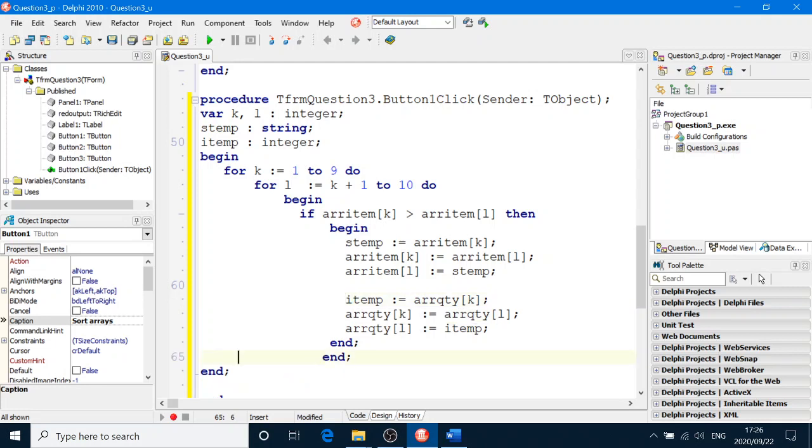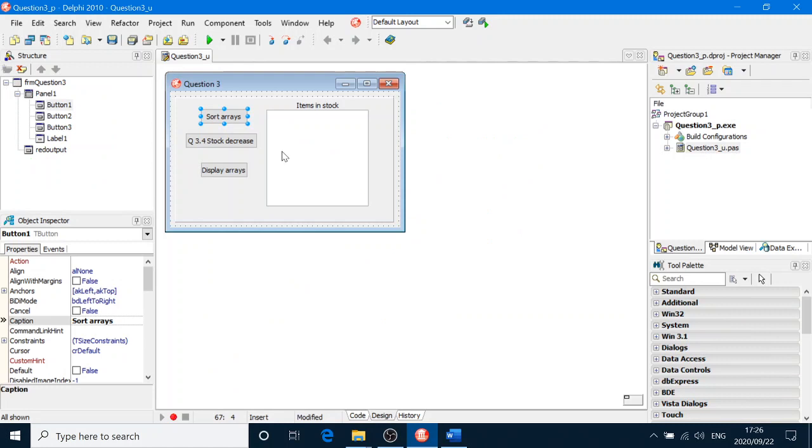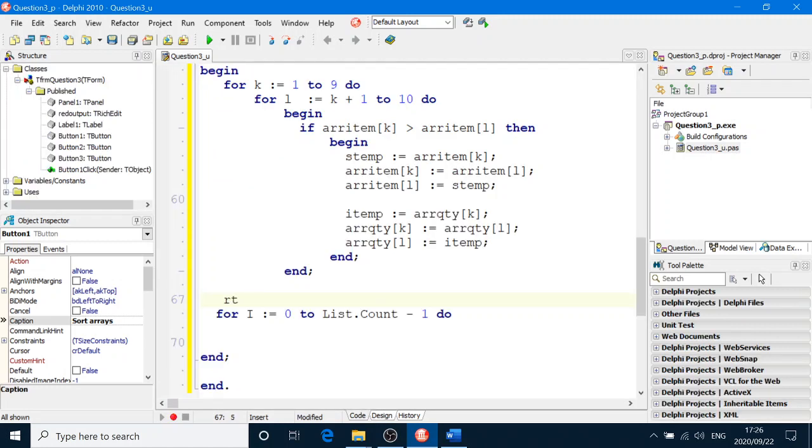Easy as that. Make sure you know where your ends are and they're matching the begins, and at the end of that we then go and display it. But they say neat columns, so we better go and clear our rich edit. So red output.clear. It's always a good idea to clear the rich edit first,